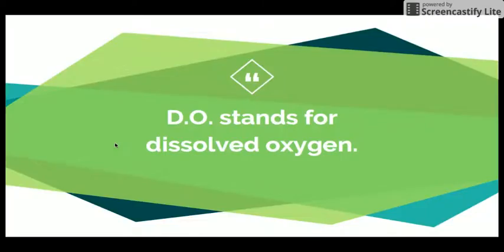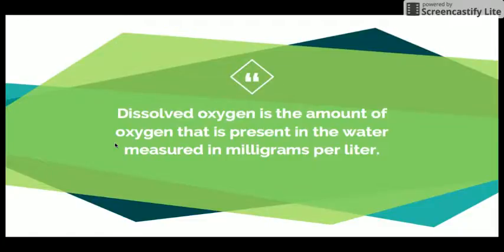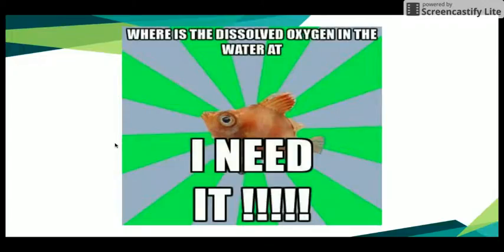What is DO? DO stands for dissolved oxygen. Dissolved oxygen is the amount of oxygen that is present in the water measured in milligrams per liter. Parts per million or ppm is also used, but it means the same thing. Fish, invertebrates, and plants use oxygen for respiration, so when DO values are low, the aquatic ecosystem can no longer